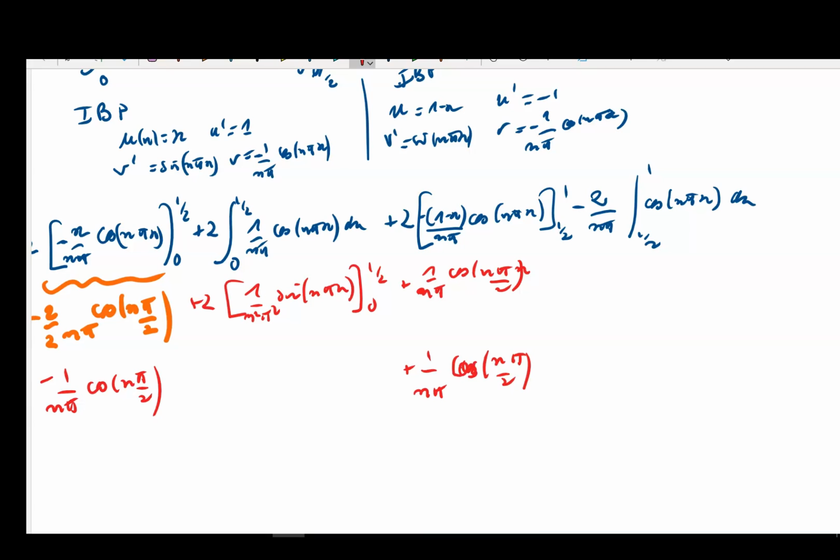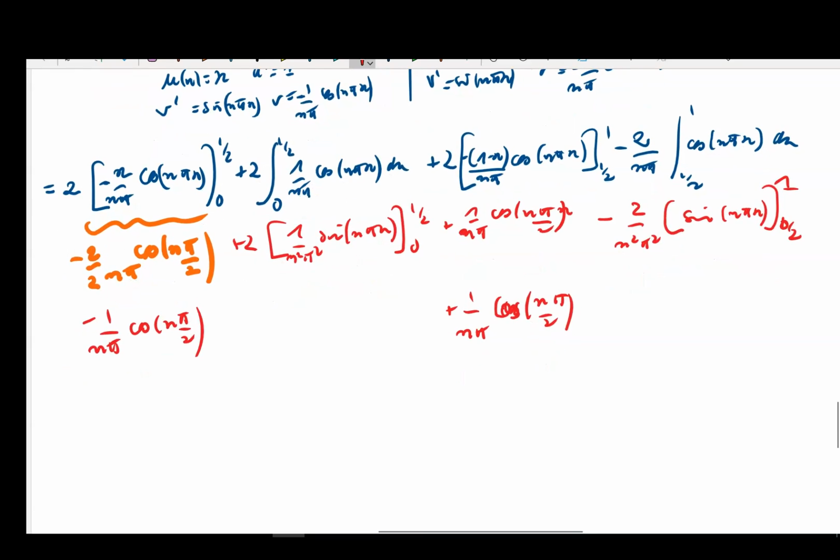Okay. All right, and I've got minus 2 over n squared pi squared, the sine of n pi x between 1 over 2 and 1. Okay, all right, so what do we get? Thing is that we're going to get, so I've already said that these cosines were cancelling. This one I get, so in 1 over 2, that's going to be fine. In 0, it's going to be 0. So I get 2 over n squared pi squared sine n